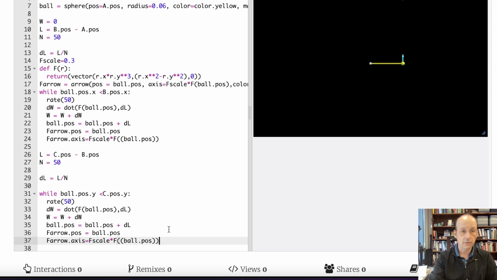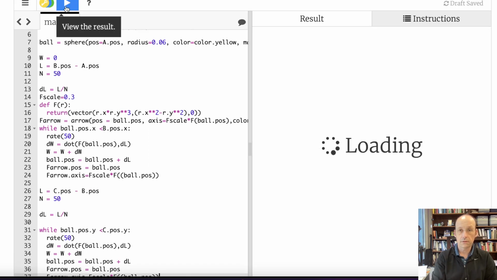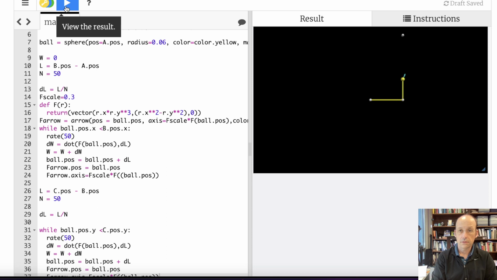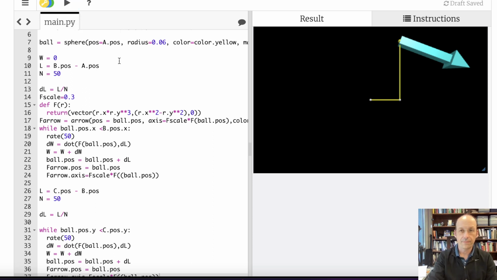Let's just run it. Okay, see, I told you that force is going to get big. I knew that. Okay, it's still probably too big, but let's just leave it. But I get a non-zero work. Now let's just do the last path, going from C back to A. So I'm going to copy all this